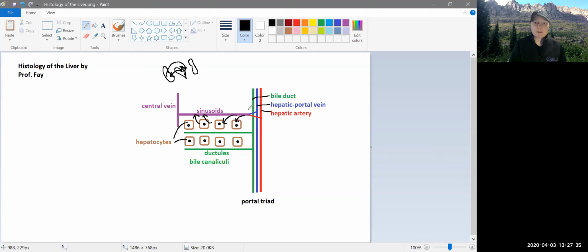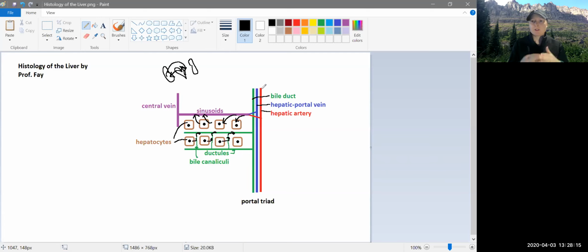So then if we come back to this diagram here, I'll talk about the bile system. These green things are ductules, and they've got little bridges that go in between the hepatocytes and join ductules with each other, and these are called bile canaliculi. What happens is the hepatocytes make bile, they pass it into the bile canaliculi, and then that goes out into the ductule. So a bunch of hepatocytes are making bile, sending it into the bile canaliculi and then the ductules. Those ductules merge back into the bile ducts, and the bile ducts then take